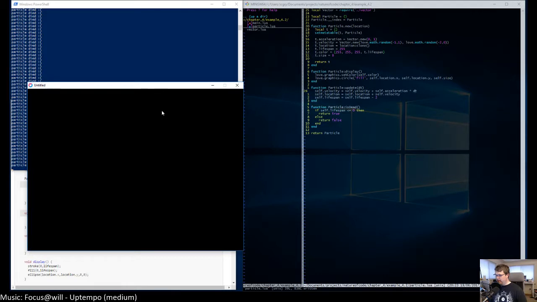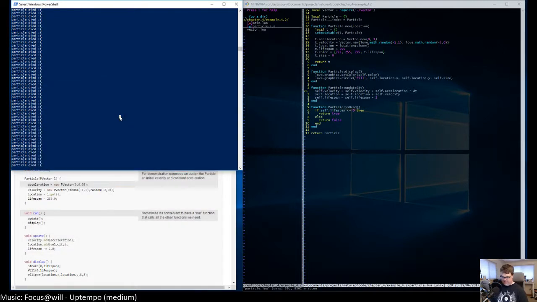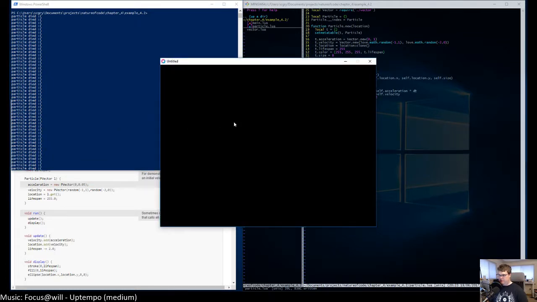Okay, so one thing that I noticed here is that it kind of was working, like it was falling down, and it is going to different locations on the screen, so that's really cool.